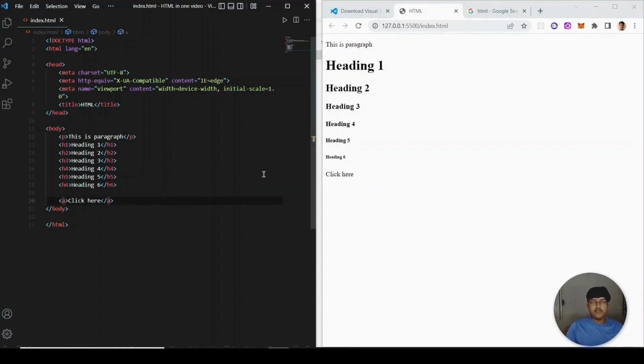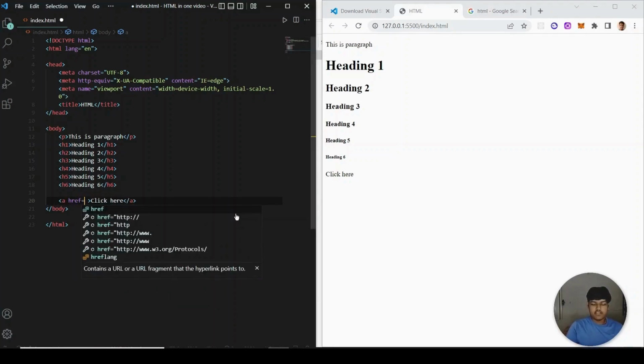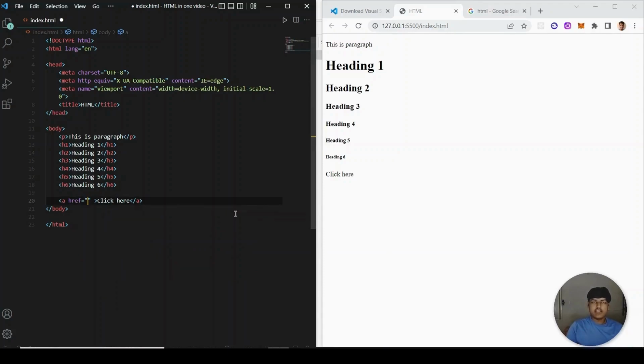So if we want to define any URL, what we need to do is define an HTML attribute. So what are attributes? Attributes are like this character set, this name, or whatever extra we want to give to our tag. For defining any attribute, what we do is, in the opening tag, before this greater than symbol, we type the attribute. So in this link, the attribute name is href. That is the reference or the link which we want to mention. So we are going to type href equals, and the link. So inside, let us type